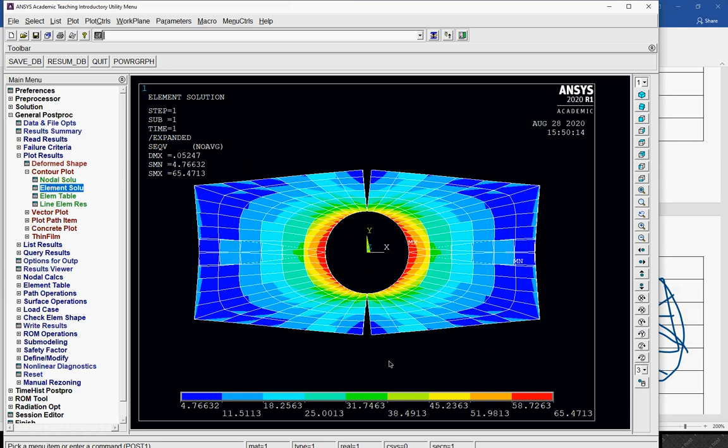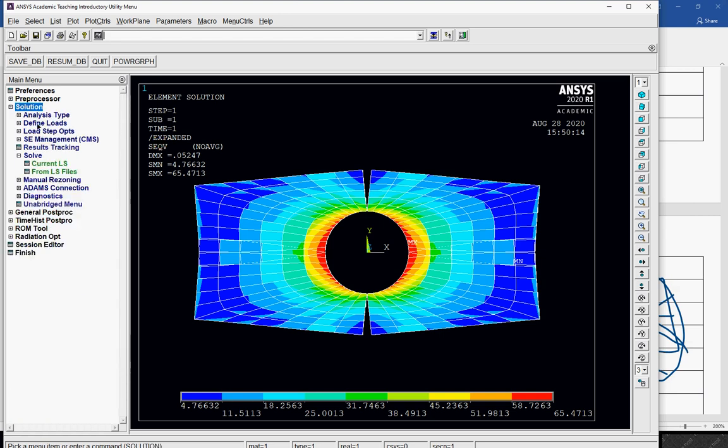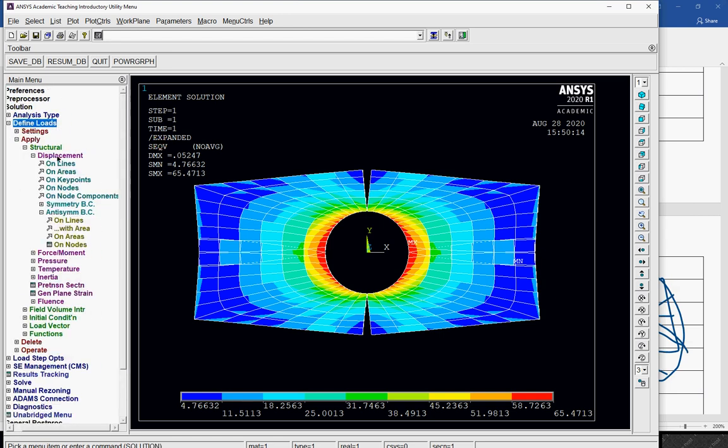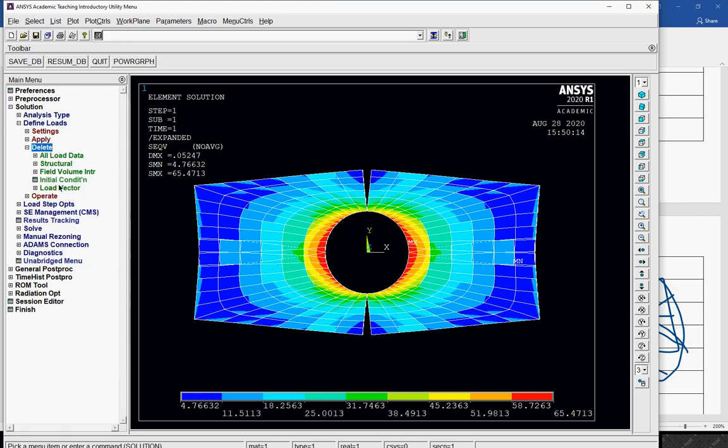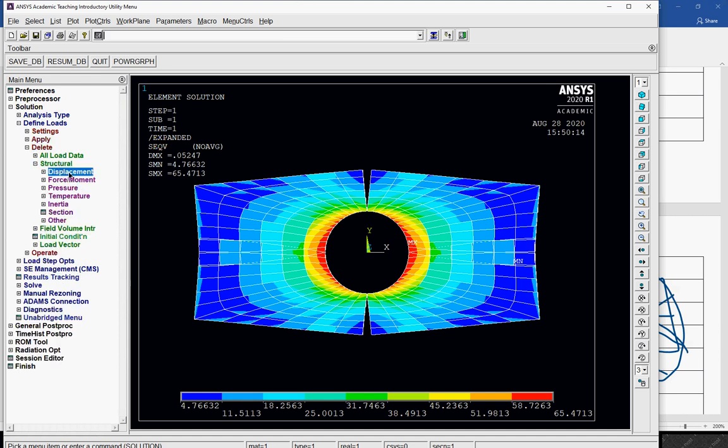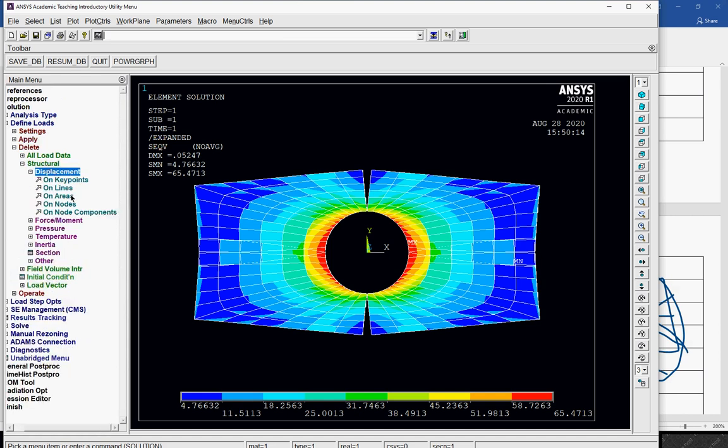Why is the gap created if I am applying a symmetric boundary condition? Okay, so I just go through it again. Solution, define loads, displacement, delete, structural displacement, on lines, recall.